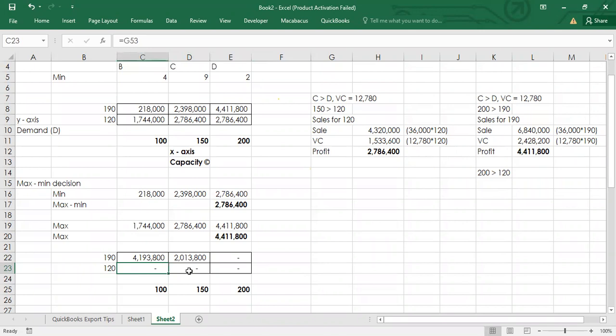So what happens is that in choosing 1.7, it means you're foregoing choosing 2.786. Therefore, that amount is what you call a regret. So it's this minus that. There's a regret of 1.042 for you to choose crate 100 at the demand level of 120. However, if you choose crate 150 at the demand level of 120, the maximum is 270.